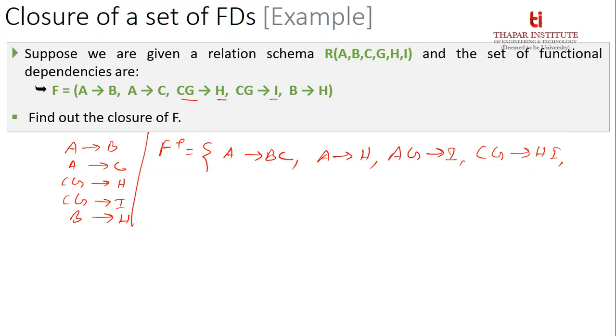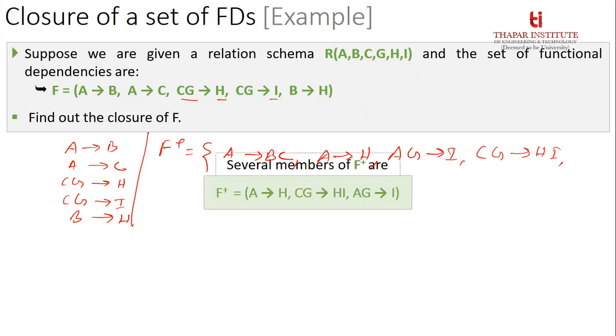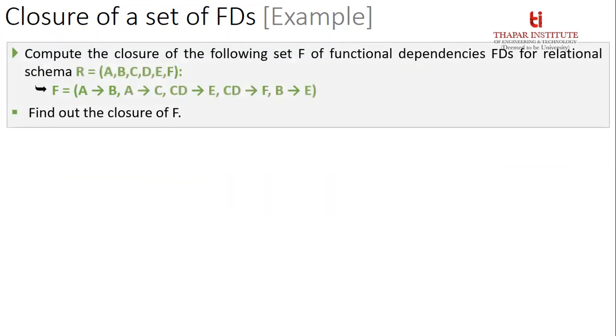किसी ने आइडेंटिफाई किया सारी की सारी? You can go with this, several members of F are there, but few I have shown here, है ना? CG, HI ये तो मैंने शो कर दिए, but identifying the dependency with this approach maybe you feel very difficulty to identify. So later we will study a very simple approach to identify the closure of F. But for this example, you have to also try. What is the closure of F? इसके लिए ट्राई करो.